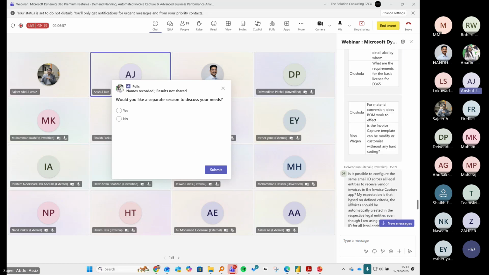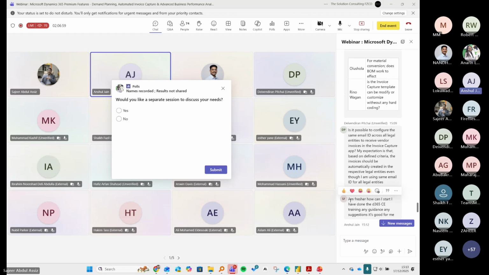Sajid, I've added more questions. One more question: is it possible to configure the same email ID across all legal entities to receive vendor invoices in the invoice capture? In the invoice capture area, yes, obviously. But if every vendor is sending the details to one place, you have a provision available to even bifurcate the details and build up some rules. When this item comes from this vendor, what will happen as part of that? If you see over here,